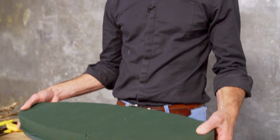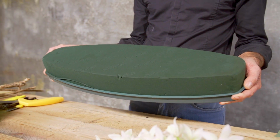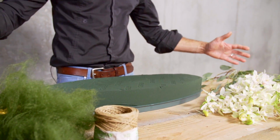Today I want to share with you a beautiful funeral design. I'm going to be working on this OASIS base that is made specifically for funeral designs. It's been soaked in water. This means that you can create a lovely tribute or design for the top of a coffin or even just